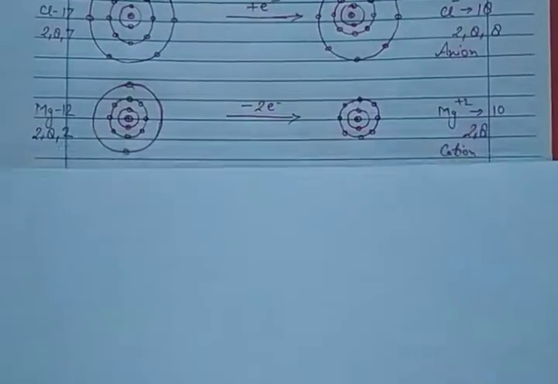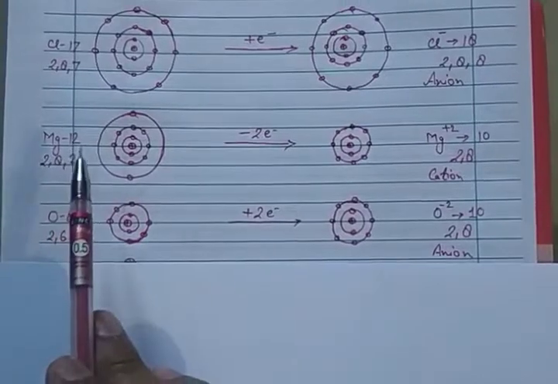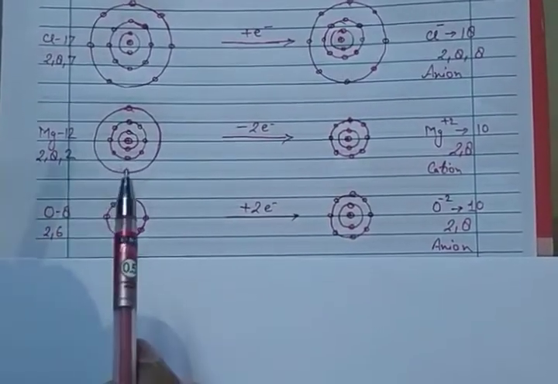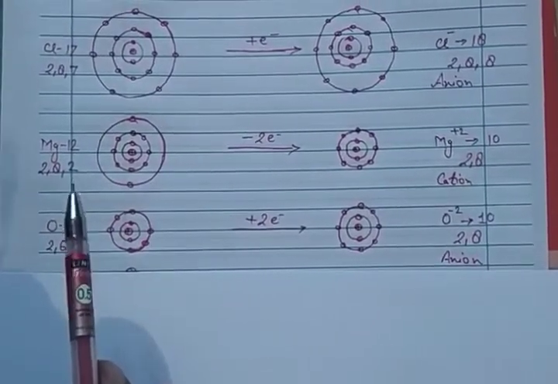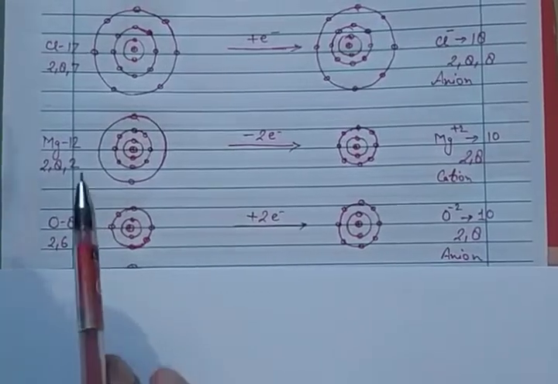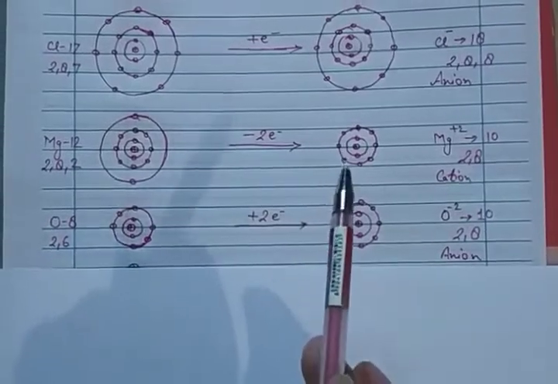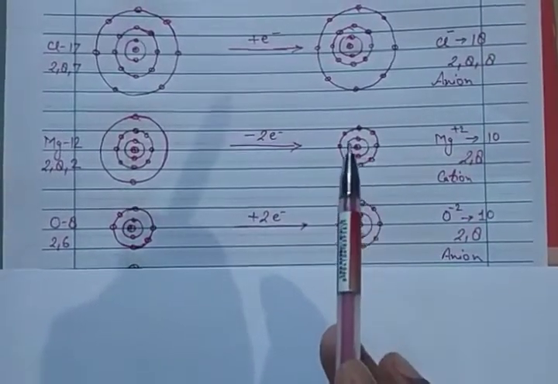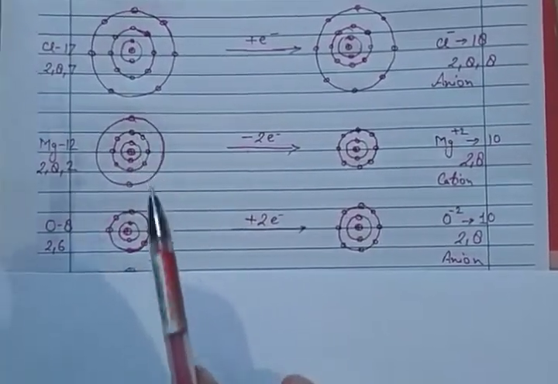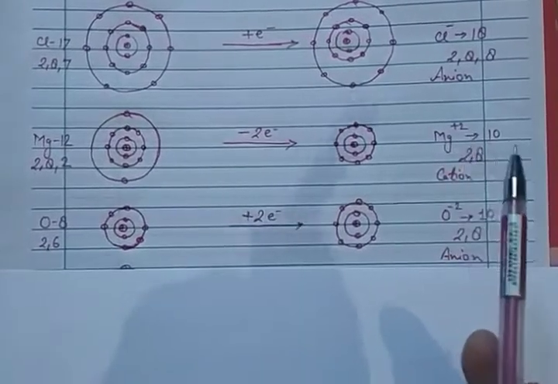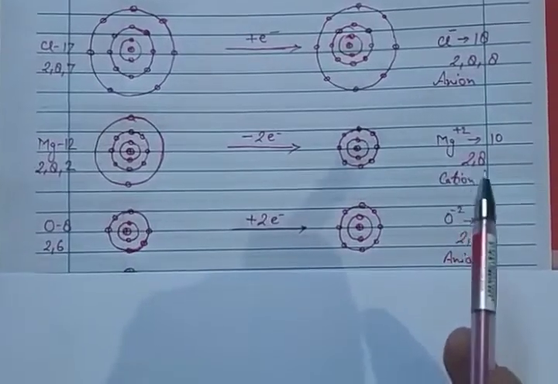Now some more examples of atoms losing more electrons, like magnesium. Magnesium has atomic number 12, arranged 2, 8, 2. Always remember, atoms can lose or gain electrons from their outermost orbit. It has 2 electrons in the outermost orbit, so it can lose 2 electrons and gets a plus 2 charge. Magnesium now has 2 electrons in the first orbit and 8 in the second, and the 2 electrons of the outermost orbit are gone. So it gets a plus 2 charge. Its electrons are now 10, arranged 2, 8, and it is stable.